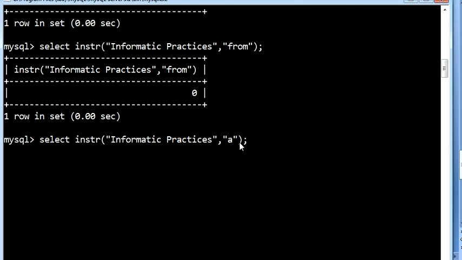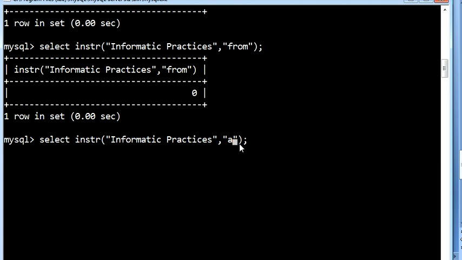So what will the output be? Remember, whenever the substring you are searching occurs multiple times in your actual string, the function will return the first occurrence position of the substring.